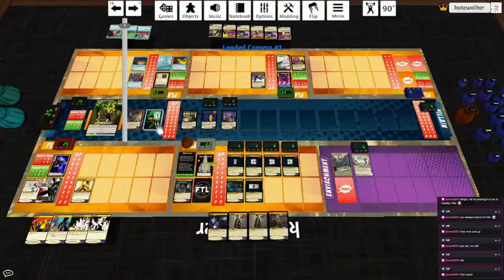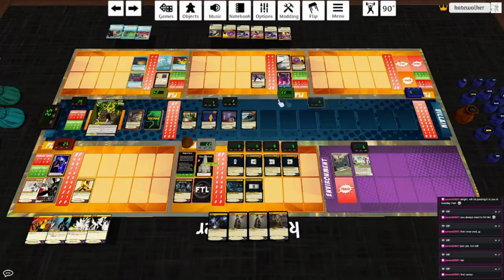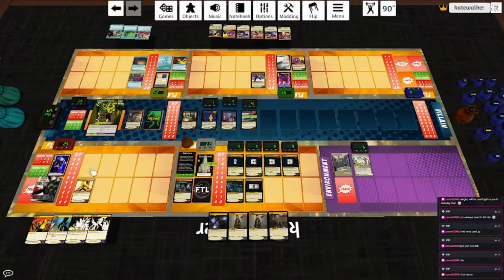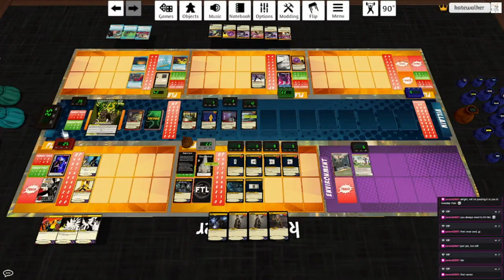Draw a card. Start of her turn, Vector plays a card. It's the Razor Tail. Well, hell, it's an issue. Start of her turn, we can take an ammo card from the trash and put it on top of the deck, and then I can play an ammo card. I don't have any to play, but that's alright. Let's play Pride. I'm only going to be using this like every other round or so. And I'll use that to hit...